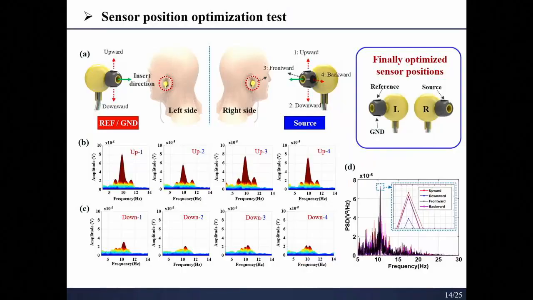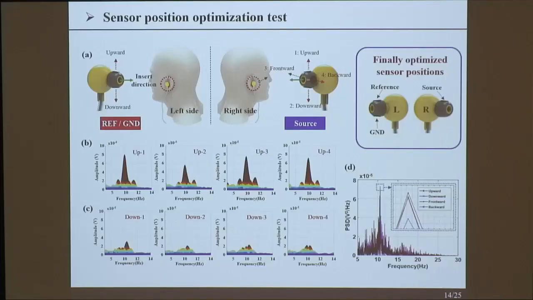Could you go to the next slide? I'm interested to know where the sensors and the references are. So I did some sensor position tests. For the ground electrodes and reference electrodes, I fixed them upward and downward, and I changed each direction of the source electrodes like that. I found that this position is the best for detecting